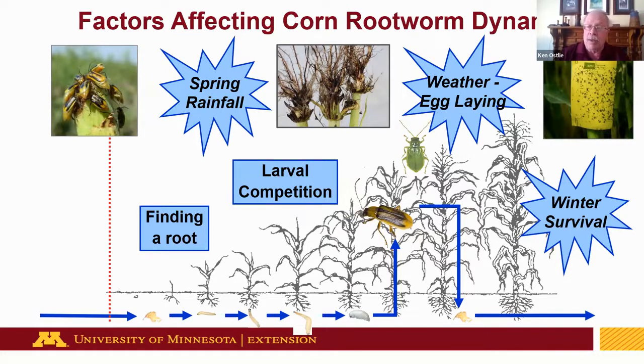And that's where winter mortality comes into play. Certainly we've had some extremely cold temperatures out there, so it's logical to wonder what we're actually facing. Are things going to be as bad as the number of beetles last year suggest, or has the environment smoothed things out a bit and taken some rootworms out of the picture?